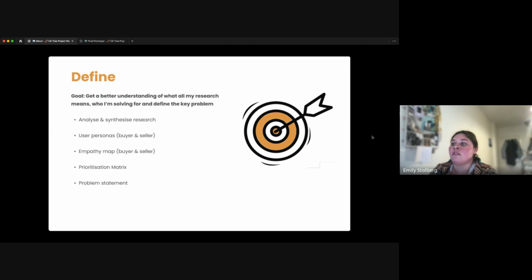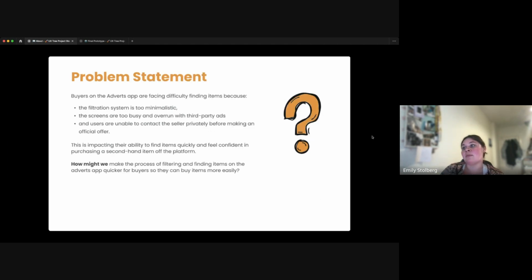So then just an overview of the define stage. The goal of this stage was to get a better understanding of what all of my research means, who I'm solving for, and to define the key problem. So through this, I analyzed and synthesized my research. I looked at user personas for both the buyer and seller, as well as empathy maps for each. And I did a prioritization matrix,